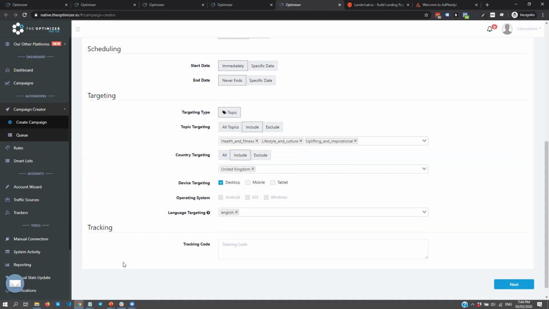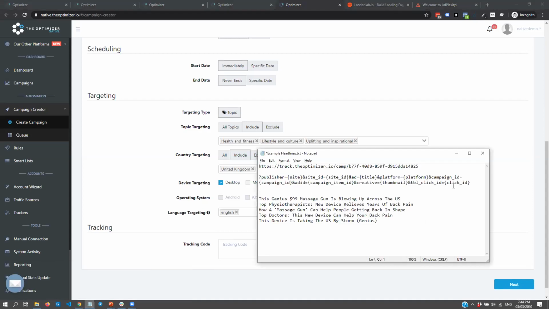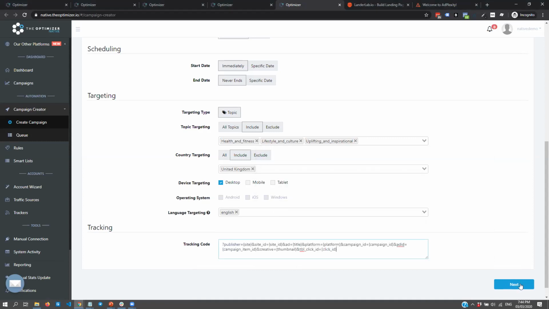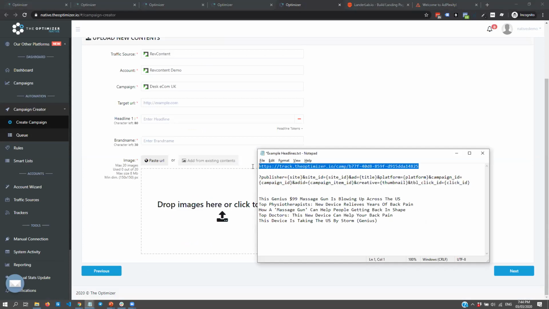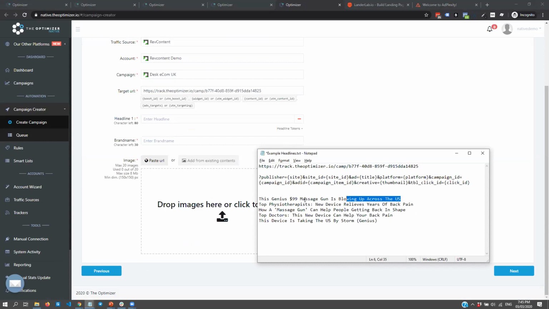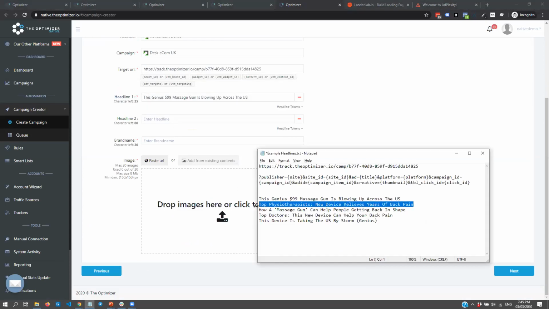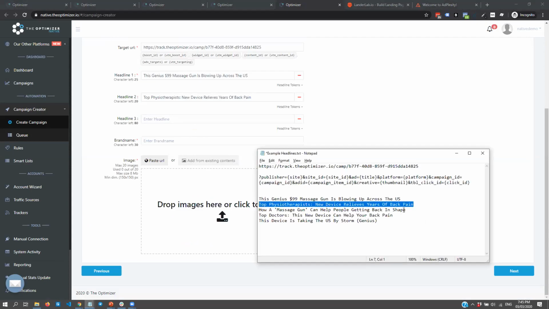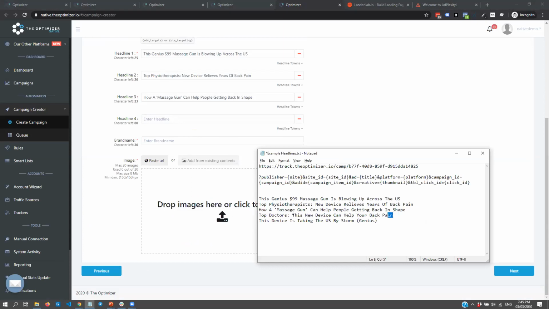So I have made something ready, even though it is for Taboola. So let's say this is the tracking code that I need to place on my campaign level. I will specify the target URL, which is the one that I get from my tracker. And I will specify as well the headlines that I want to use for my ads. So let's say I'm adding here 5 headlines,